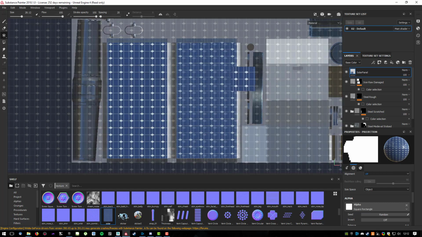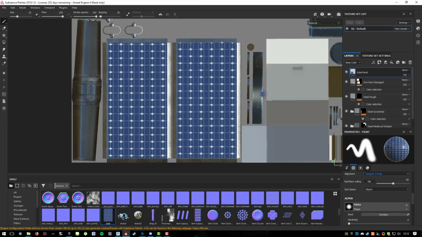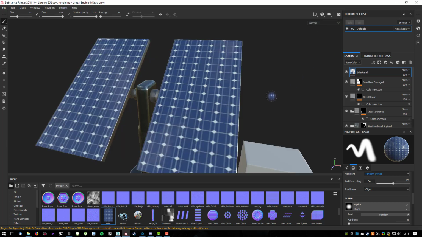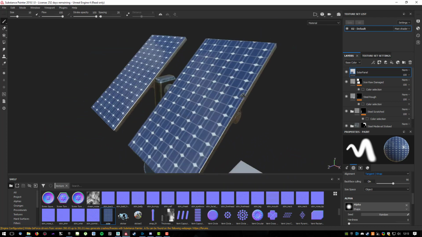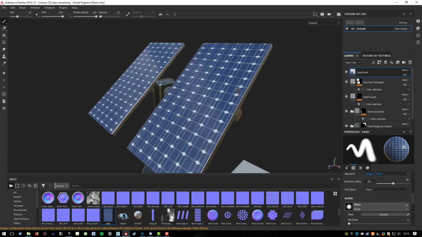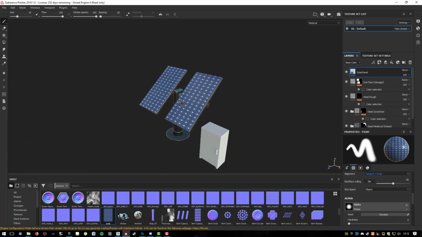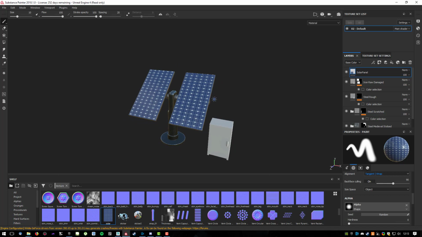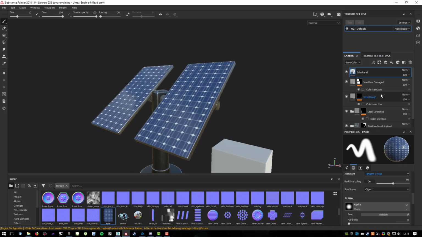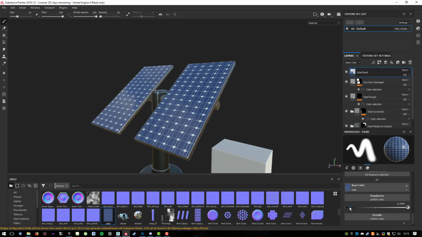Okay, so now I've done that. I go back into paint mode, so now you can see we have painted the stencil on top of it. And we're going to go into 3D only. And now you can see we have actually painted the solar panel on it. So that's nice looking. We might want to change the roughness a bit more,